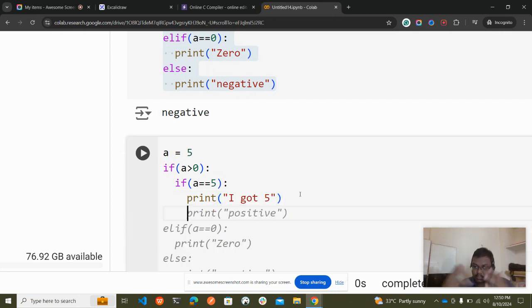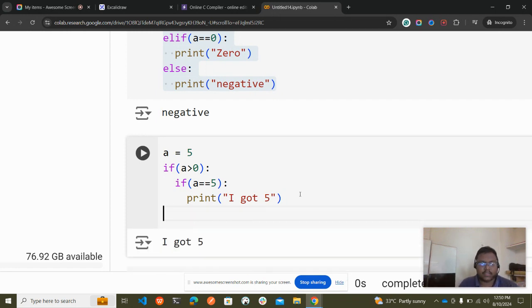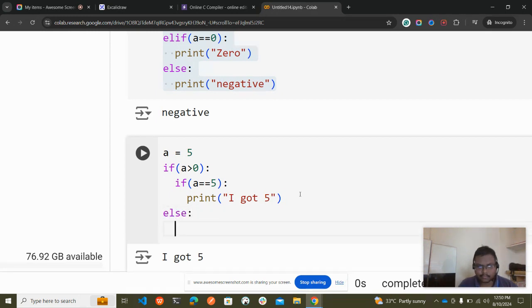So there is a concept called coupling. If you have an if, you should definitely have an else. That's not mandatory, but in case you want to write an else, you can write, or else you can leave it. If there is no else, it won't execute anything. If you have an if, you should close it. Now we don't want to use else for this, but I want to use else for this. Else print something.